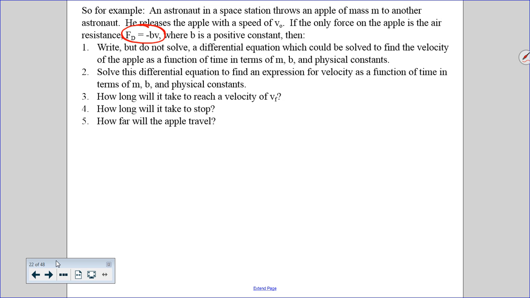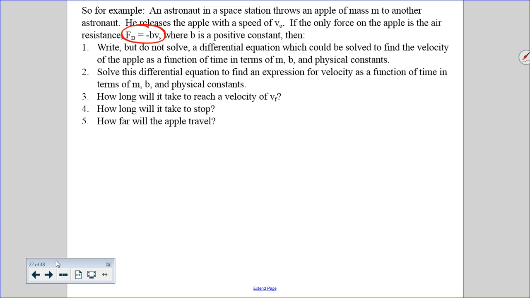Okay, so this is a simple example, the easiest possible example. In this example, the only force on it is air resistance. We don't need to worry about gravity, and I gave you the simpler model for drag force, so we don't need to worry about the v squared. Cool? All right, so to solve these problems, number one says write, but do not solve